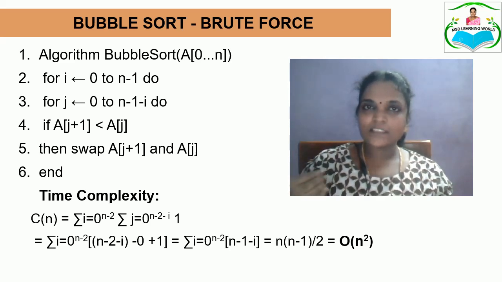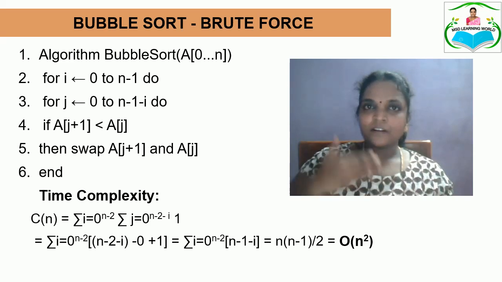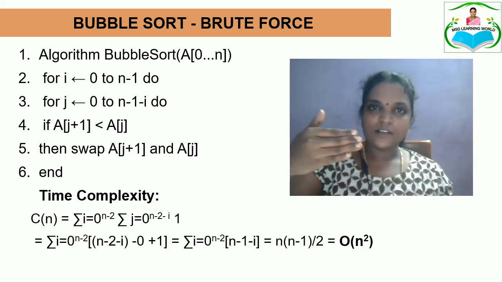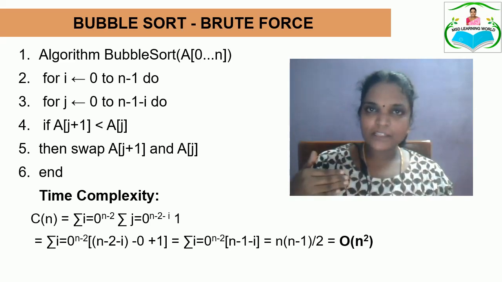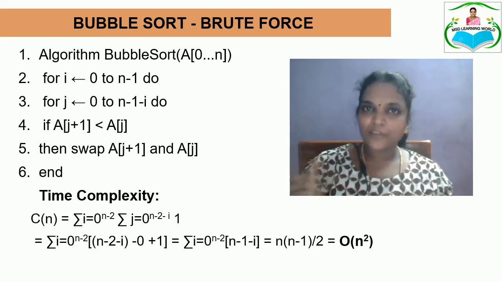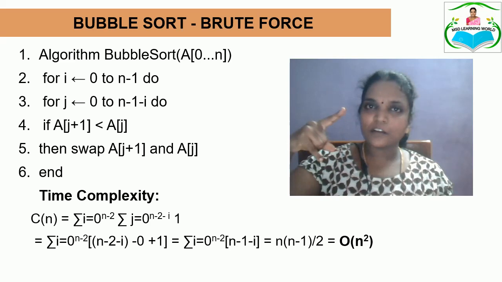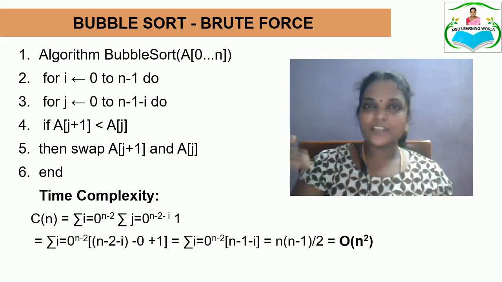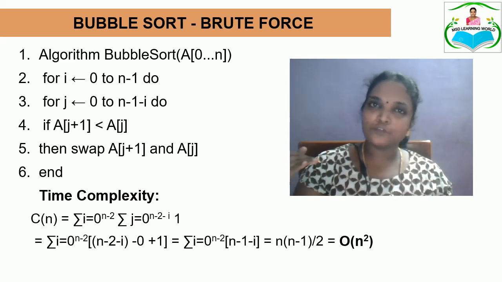So likewise, the j loop moves on and this comparison is checked till the end. Then again the second iteration starts. If you have 10 elements in the array, 10 iterations will take place. The inner loop is meant for comparison of the pairwise elements. The outer loop is for how many times you are going to make the comparison. So this is the bubble sort by brute force approach.